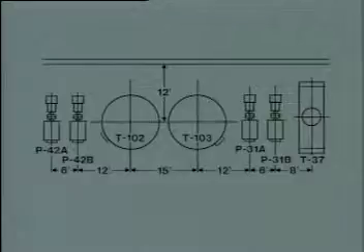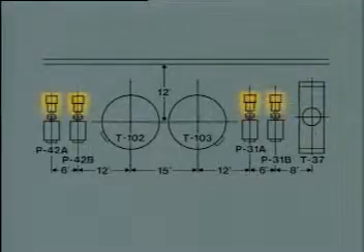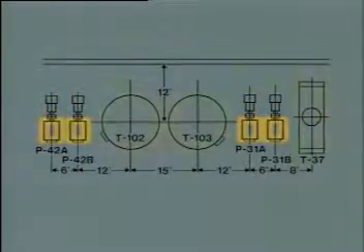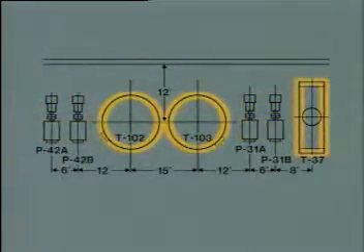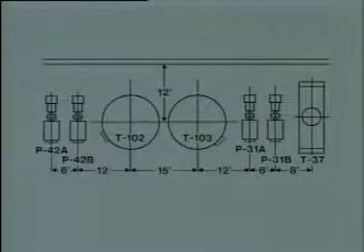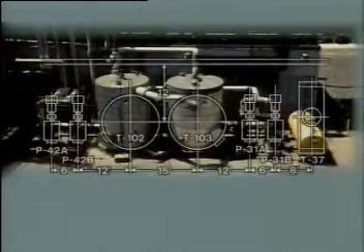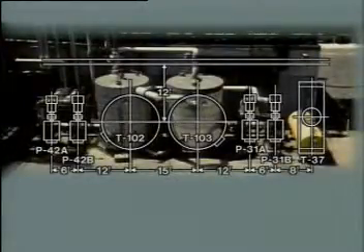An equipment arrangement diagram shows locations for pieces of equipment. Each type of equipment is represented by a symbol. For example, these symbols represent pumps, these represent motors, and these represent tanks. When you compare the symbols with actual equipment, you can see that the symbols are similar in shape to the